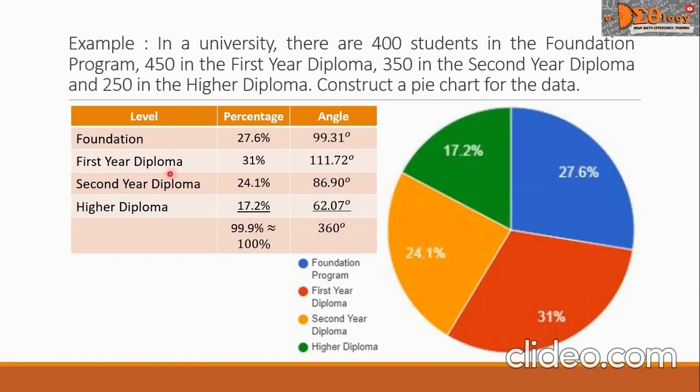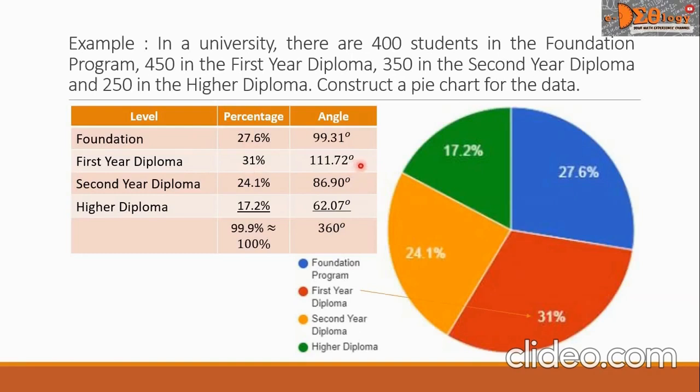Let's start with the first one, the foundation. So this 27.6% is written here. And for the angle, 99.31 degrees, it is estimated in the central angle. The next level is for first year diploma, which is 31%. And here is the 31% in red-orange color. And the central angle here is estimated to be